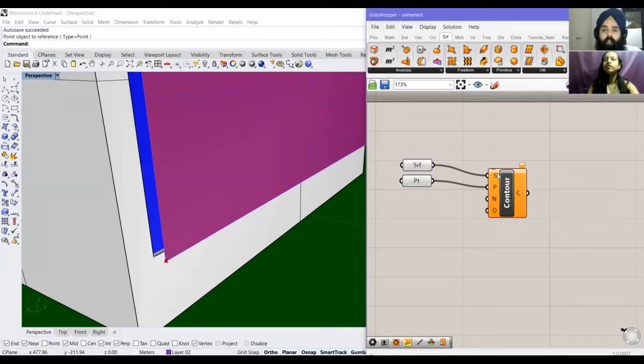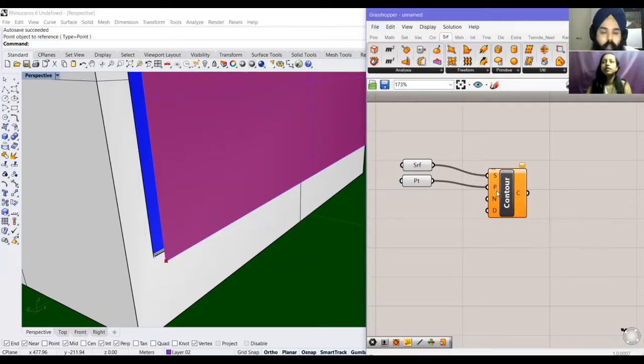If we hover over each of these, it says what it is. Great. So this is shape, the surface that we have. And then this is the point, which is the origin point for this surface to start the contouring. What contouring does is, if there was a 3D volume, it cuts it into slices, of a certain distance between the slices and a certain number of slices. Absolutely. And what is N?